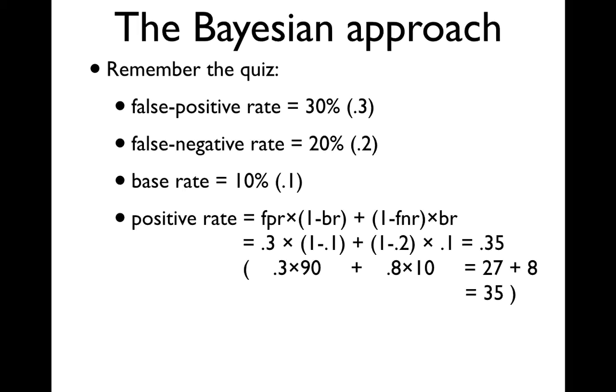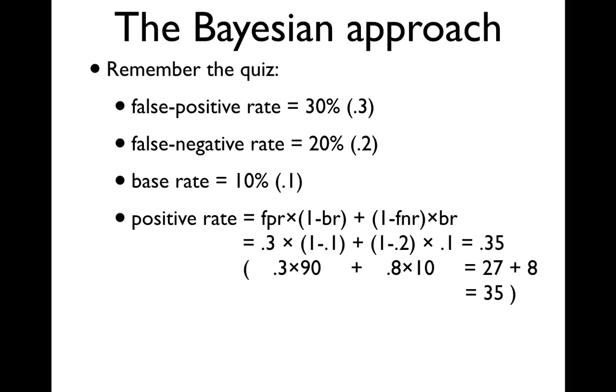So the things you need to compute are for the Bayesian formula. There's a mathematical formula. You won't need to know it. For your interest, I'm going to show you here. You need to have the first three pieces of information, and you can derive the fourth piece of information, the positive rate. That's the rate of everybody regard